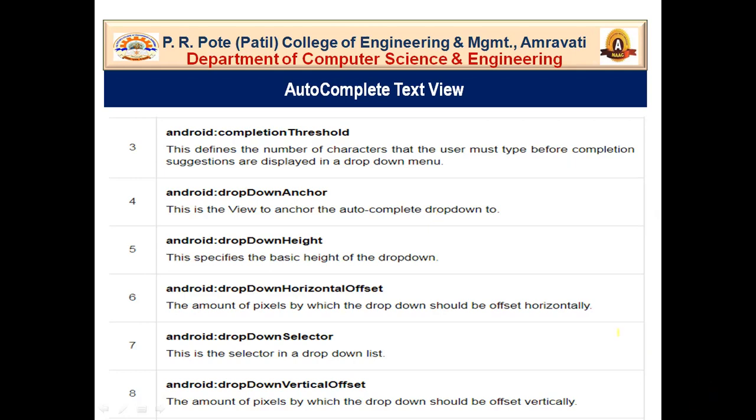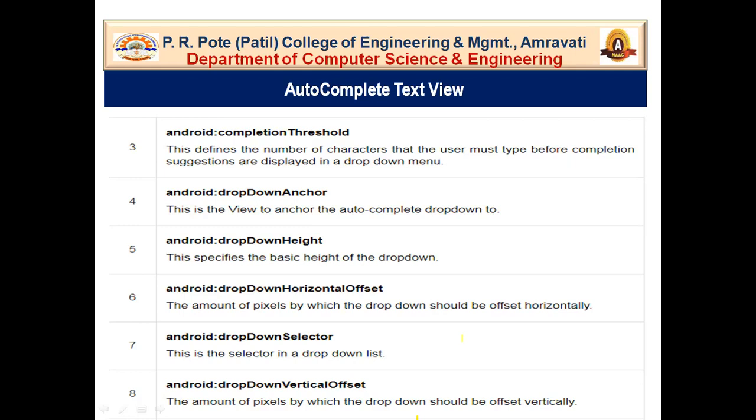After that, android:dropDownAnchor. This is the view to anchor the autocomplete drop down to. Then android:dropDownHeight. This specifies the basic height of the drop down. Then android:dropDownHorizontalOffset, the amount of pixels by which the drop down should be offset horizontally, and dropDownSelector.